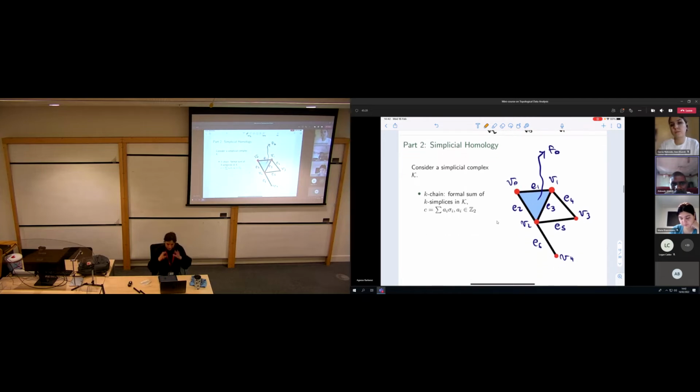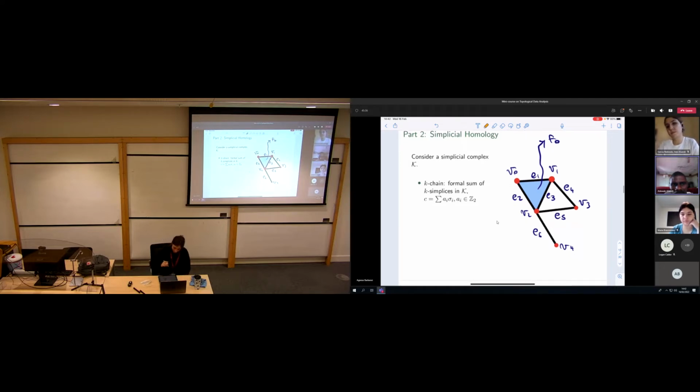All right, we are almost there. Okay, we have another couple of definitions, and then we can understand what homology is. First definition I need is a K-chain. Now, given a simplicial complex K, for example, the one shown here in the picture, a K-chain is a